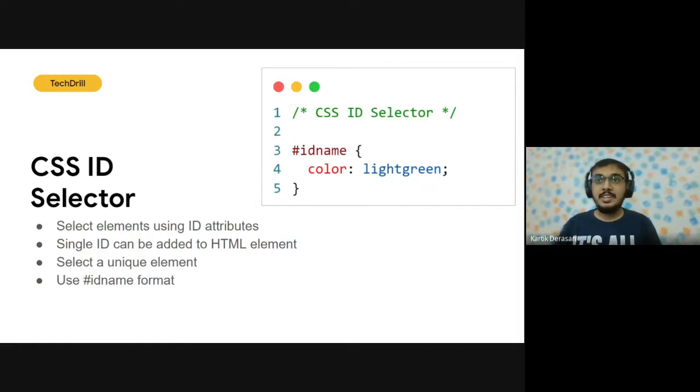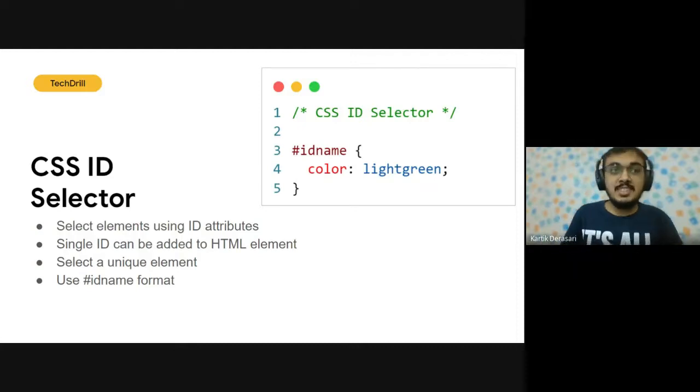Correct. Great. So we use ID in forms and input fields. ID is basically when I want an HTML element with a specific identity. It could be compared to our Aadhaar card number. We all have different unique IDs, right?